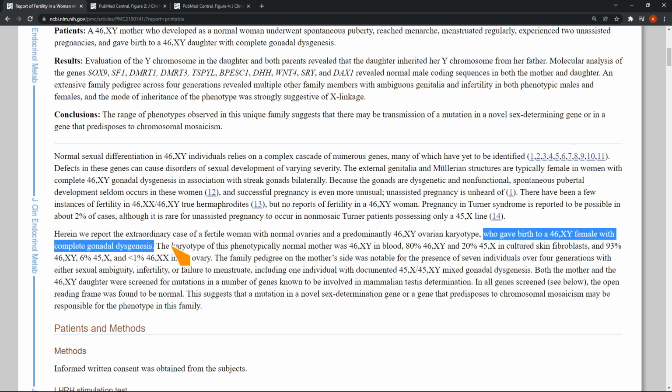Also 46XY, but more typical of this genotype. You see the typical phenotypic characteristics. So she didn't have proper gonad formation. Her ovaries were, one was completely undeveloped, and